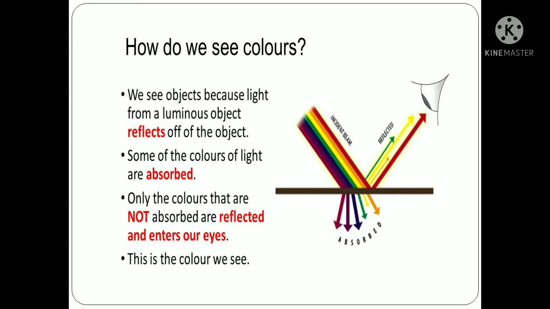The eye will receive the reflected light and send the message to the brain that this is an orange that we can eat, this is a fruit, or this is an apple. So we can say that the color of an object is the color of the light which the object reflects. Have you seen here that there is one incident beam?